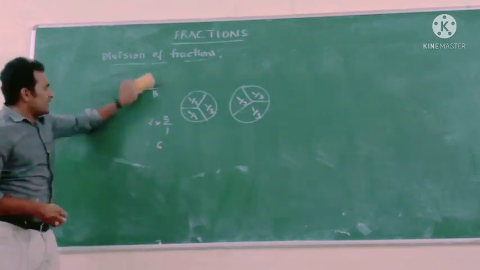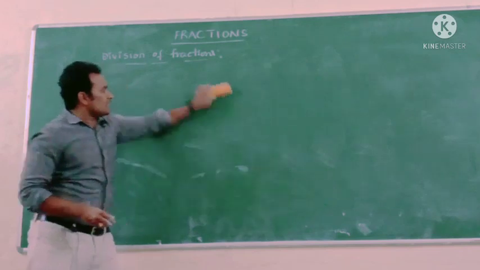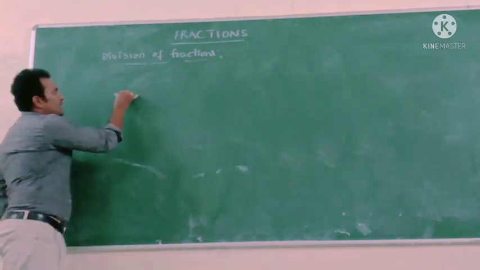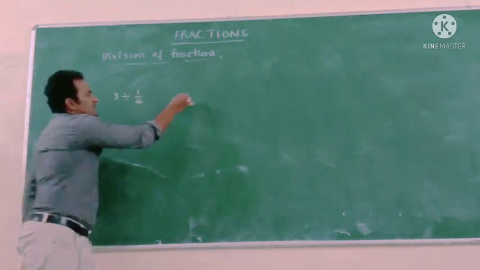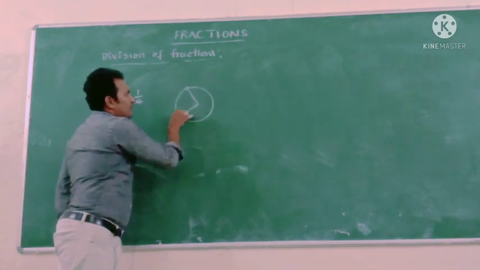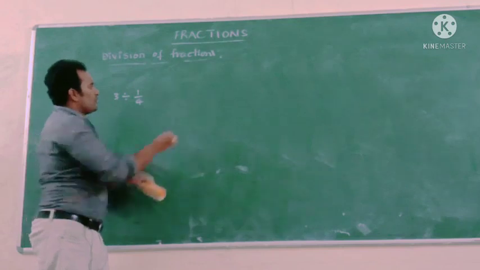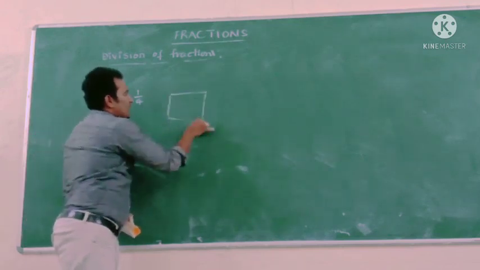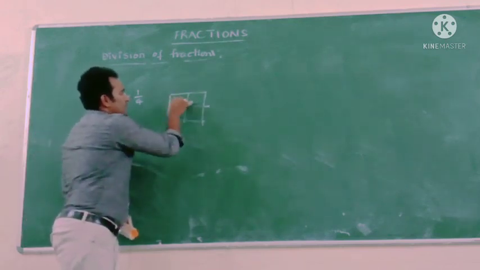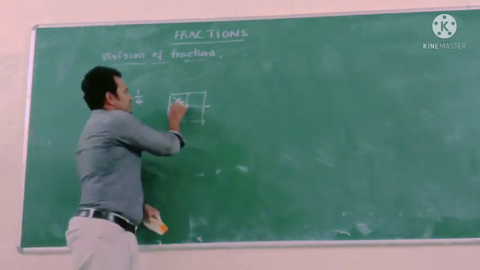In the same way, 3 divided by 1 by 4. So 3 divided by 1 by 4 means, so we will...